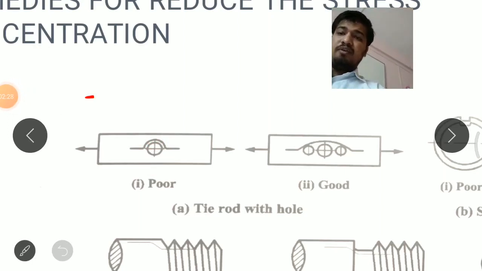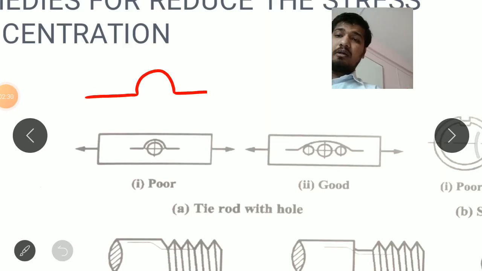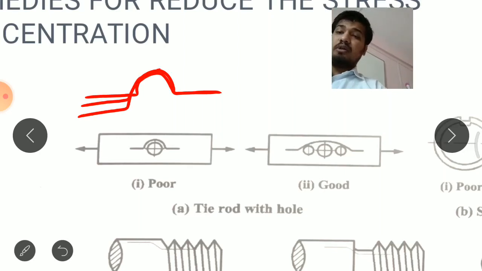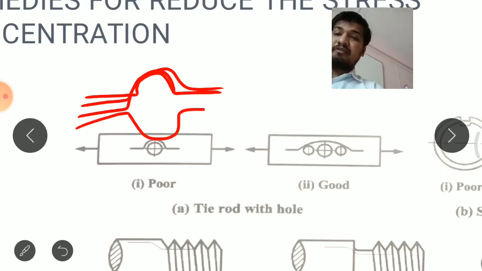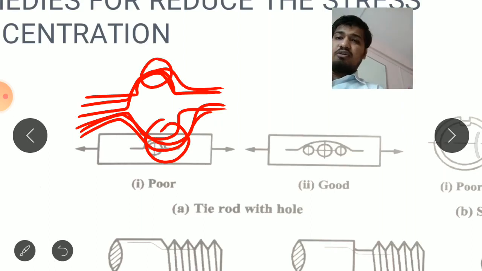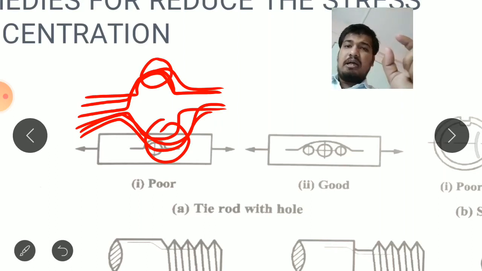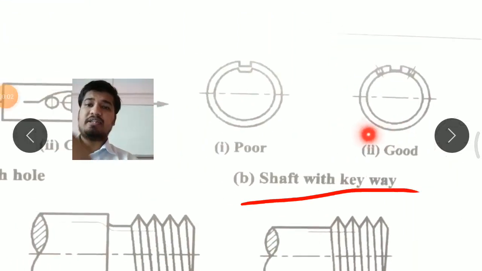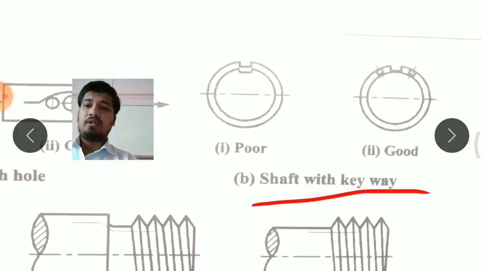Because when we mark the stress concentration line, it is not a single one, it is at different sections also, and it is going to pass from the upper section as well as the lower section. And you can see here at this point and at this point the stress concentration points are on a circular path.